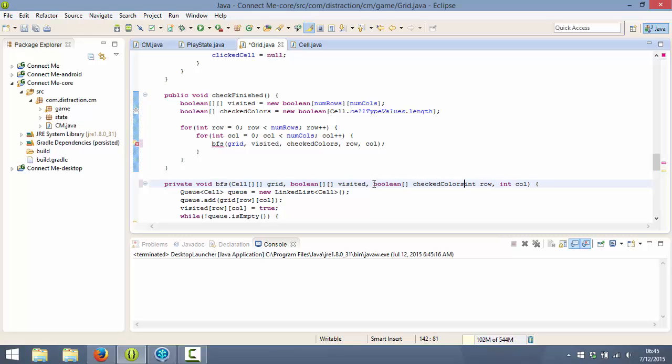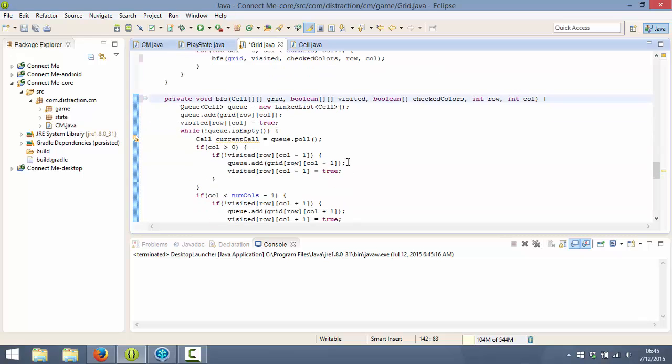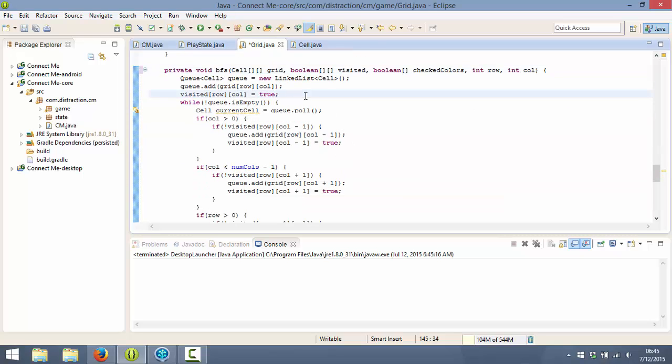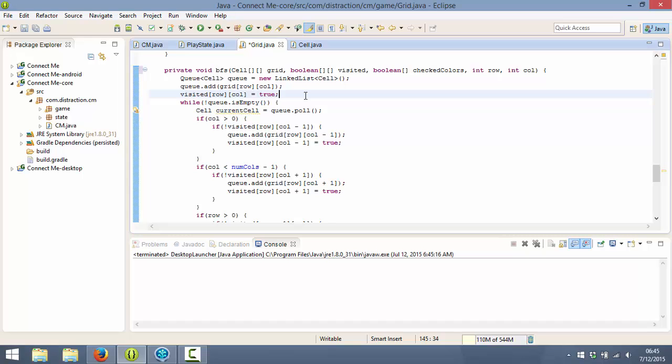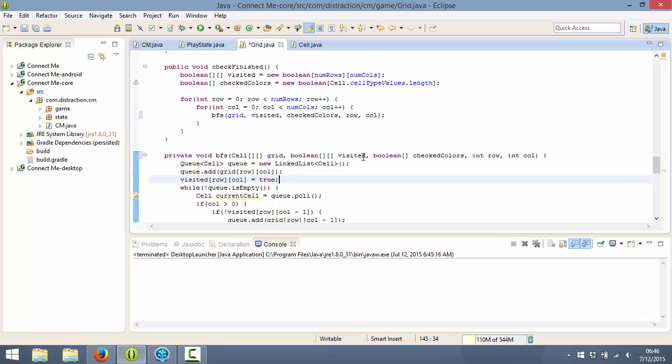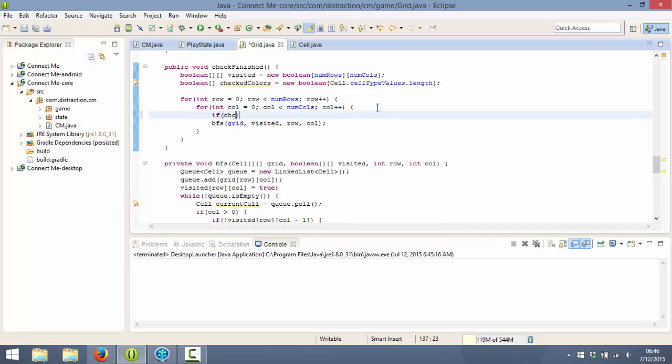So I'm visiting this one, so checked colors. I don't need to do it here because that's the first thing I'm checking up here. So if checked colors,